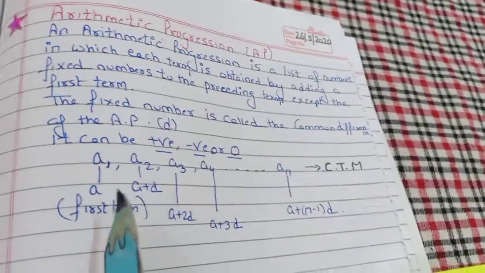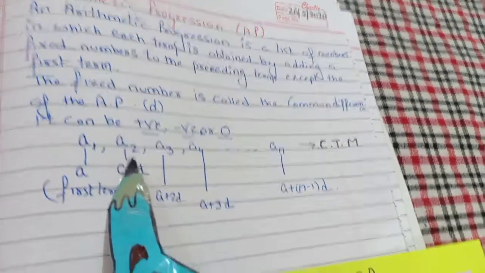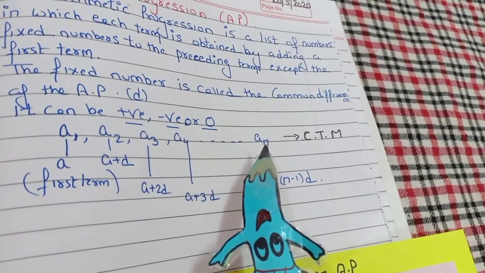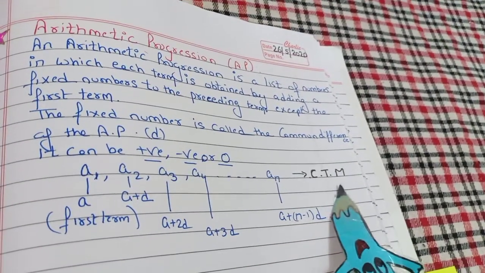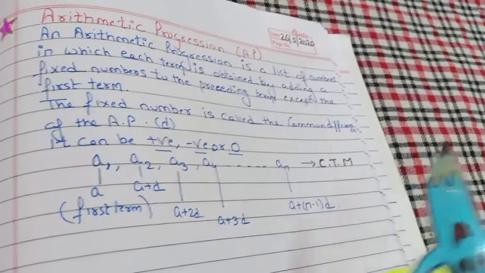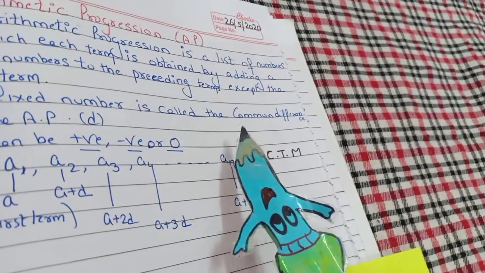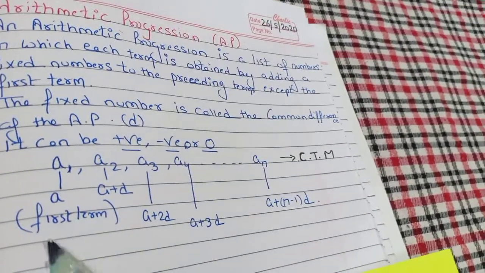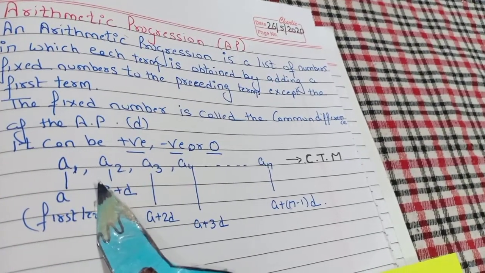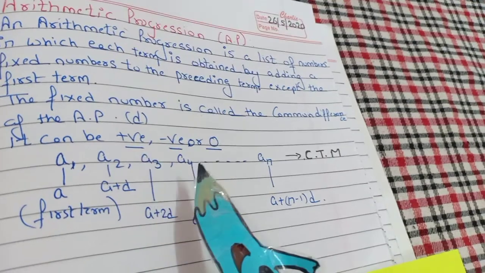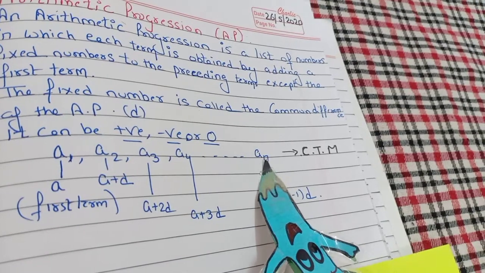In an arithmetic progression, the way to write the terms is a1, a2, a3, a4, and so on, the last term being an. This point must be added in your commit to memory session. a1 means the first term, a2 is a plus d, because here I am talking about common difference. One difference is added to the previous term, so I make my second term. If two differences are added, I make my third term. By adding 3 differences, I make my fourth term. It goes on up to the nth term.